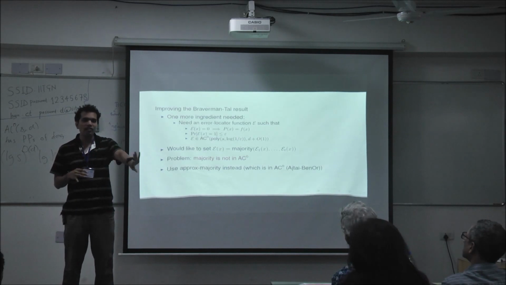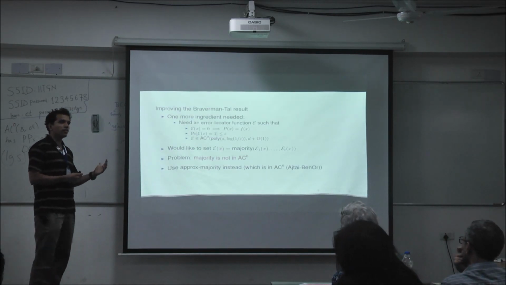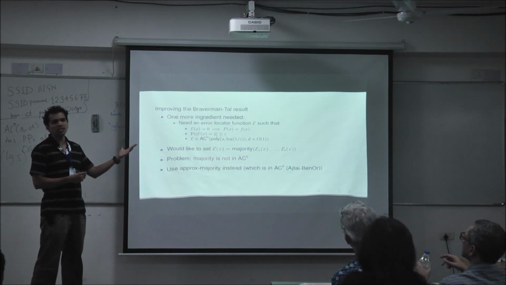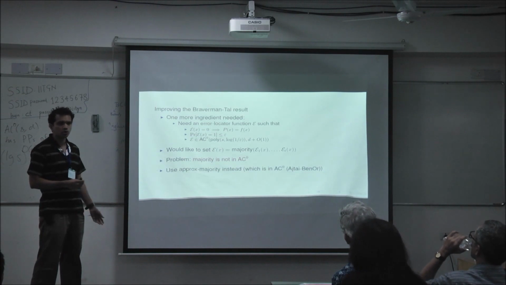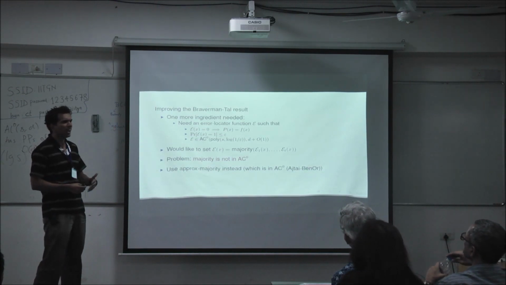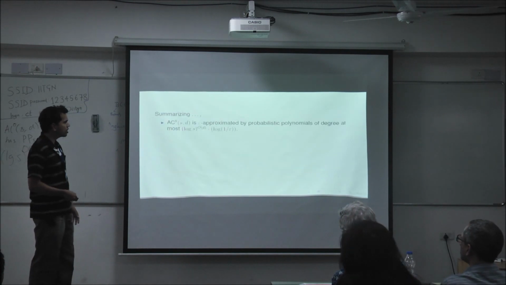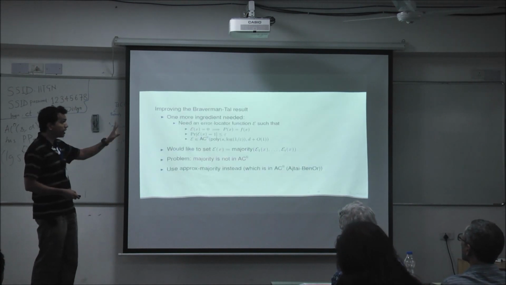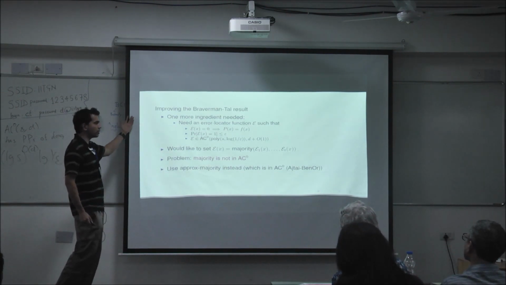where you remove everything that is hard about the majority problem. Okay. So what you say is if either at most 20% of the bits are 1, or at least 80% of the bits are 1, now just distinguish between those two things. Okay, that's called approximate majority. And this is really the problem we need to solve in order to do this error locator function. And it in fact can be done in AC0. That's an old result. So we just plug that in, and get the result.